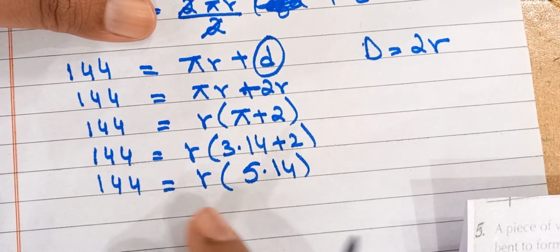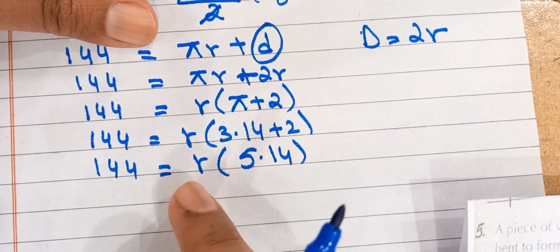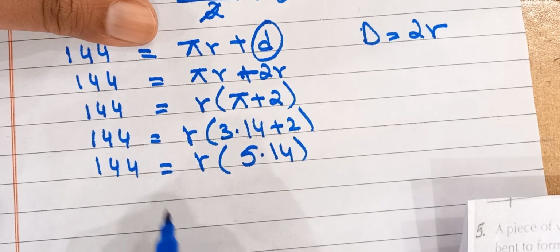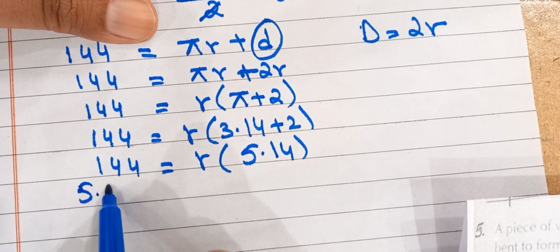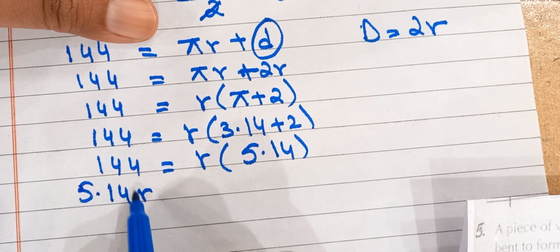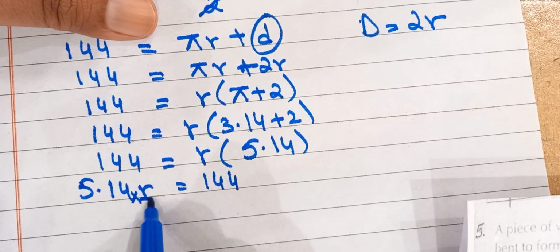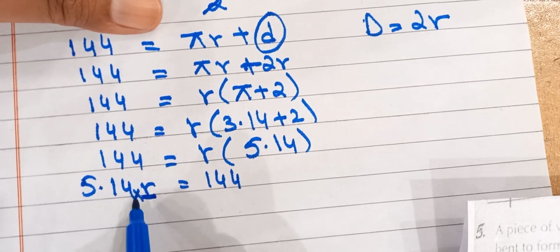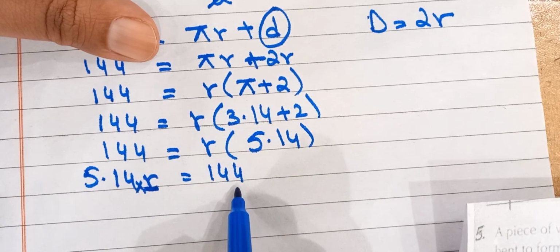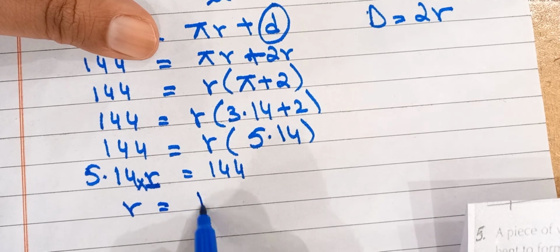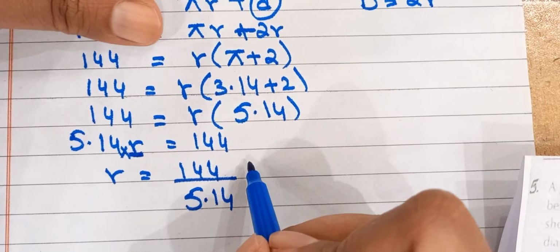Now I'll swap it. I have to take out the value of r, that's why I'm going to bring it to the LHS. It is 5.14 r, or you can write it like that, is equal to 144. Now I just want r here and I don't require this here, so I will take it to the other side. Here it is multiplying, there it will divide. So r is equal to 144 over 5.14, and the answer is